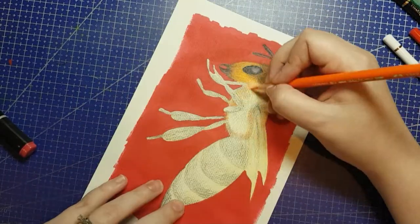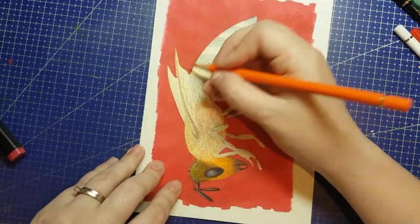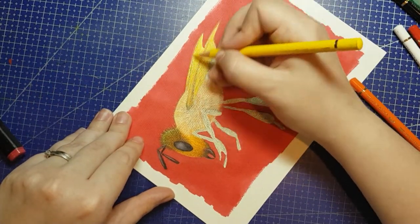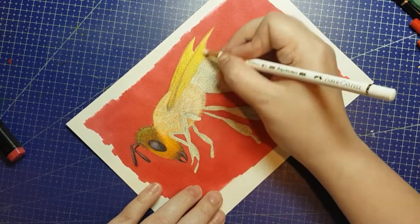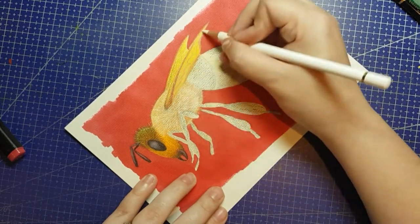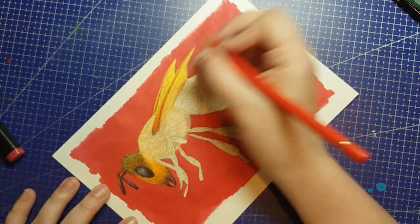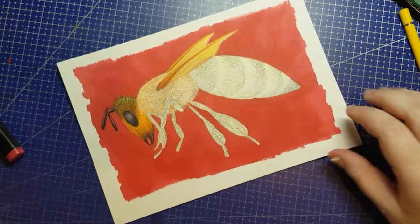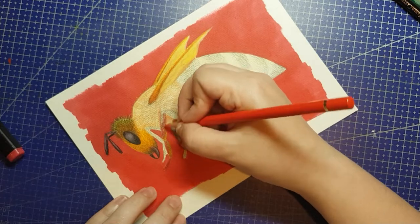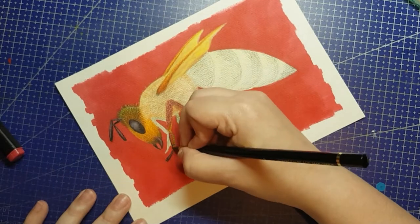But anyway, so the prompt was honeybee, and I decided to freehand as best I can a somewhat realistic honeybee, but finish it more illustrative. I really took advantage of color mixing and blending and just how well Polychromos pencils do blend together. Tried to get interesting color choices in the bee, some colors that aren't really there, but also try to convey the shading and the textures and general impression of the colors that you would see looking at an actual honeybee